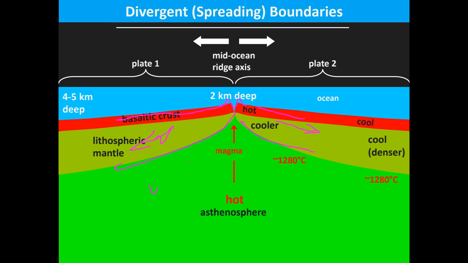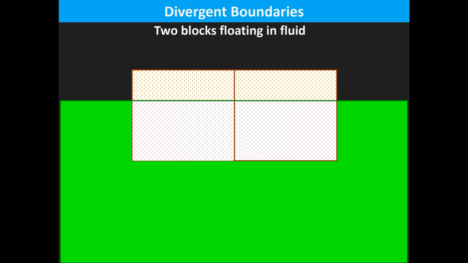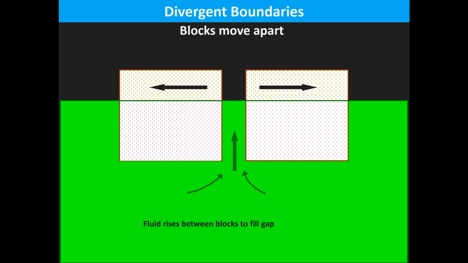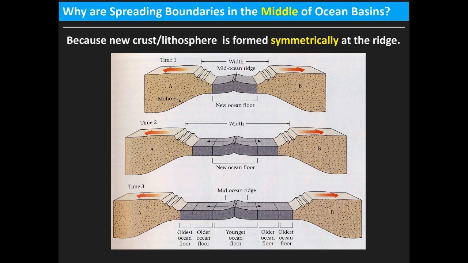So imagine we have two blocks, just to have an idea about how it works. Imagine you have two blocks floating on fluid. The fluid is green, and the two blocks are on the top. So we have the water coming up, filling the gap, and causing the blocks to move sideways. And this is symmetrical. So this is exactly what happens